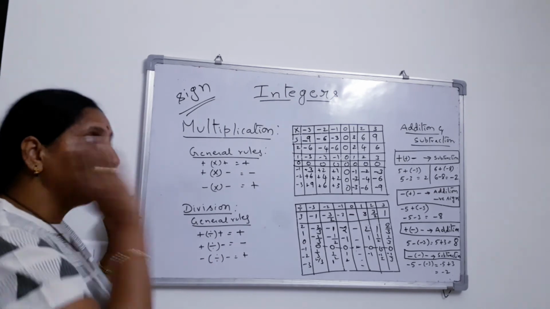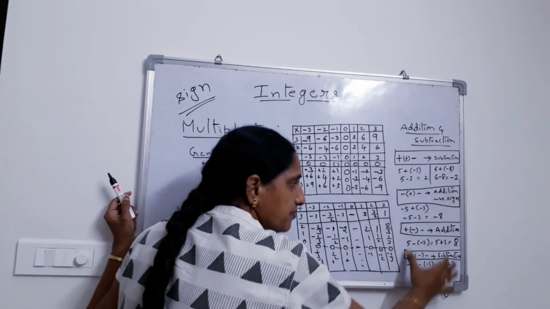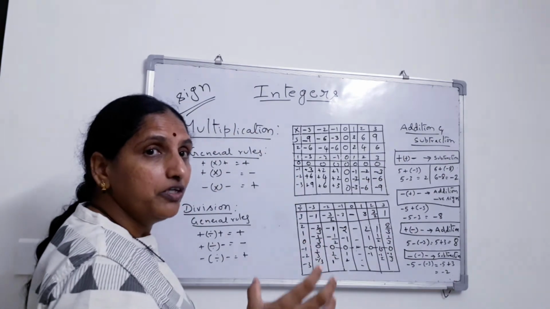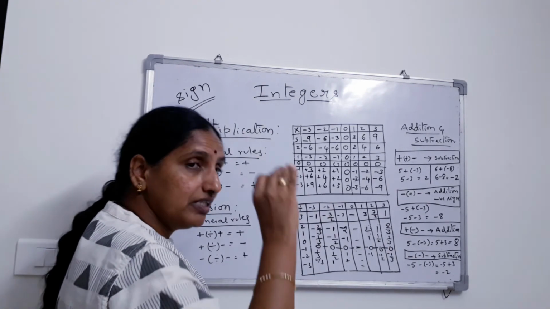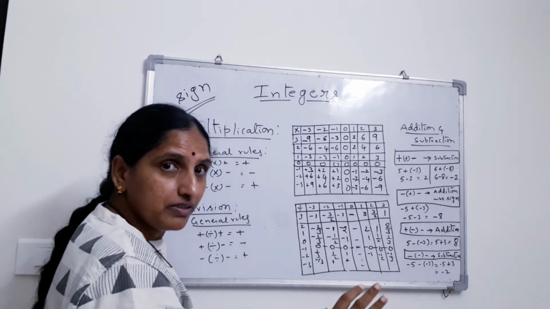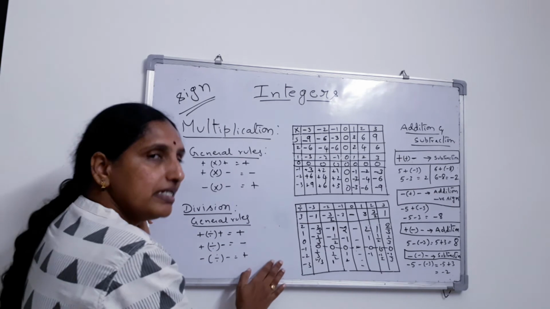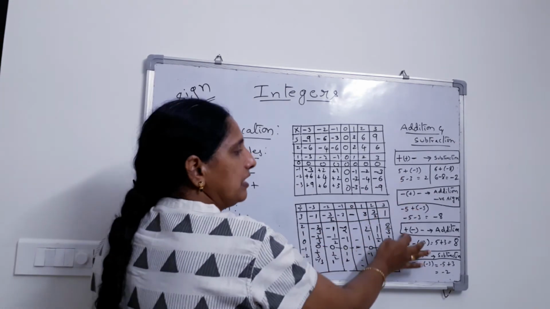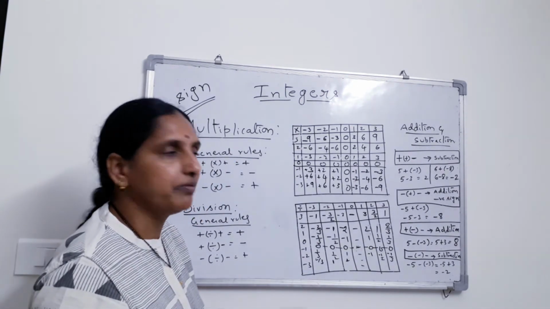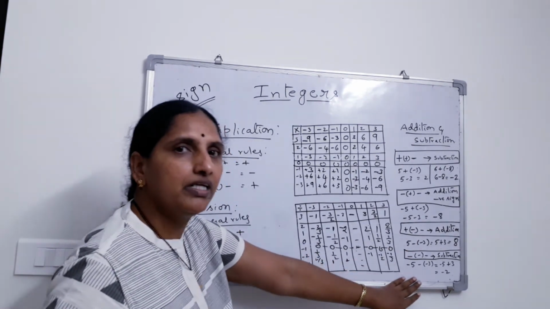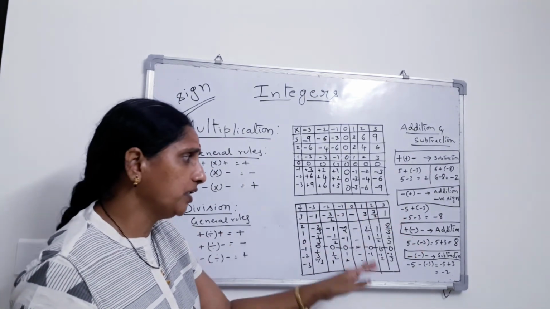See, while doing the problems, this seemed to be easier than addition and subtraction. Till now, you were feeling that adding and subtracting is the easiest part when compared to multiplication and division. But in the case of integers, these are a little bit tricky. You need to practice. The more you practice, the more familiar you will become with this. And when you become familiar, only then can you solve problems in the future. So keep that in mind.